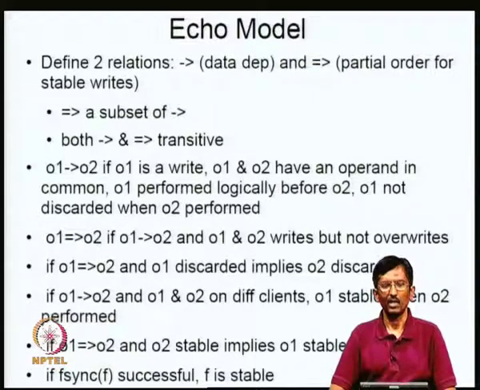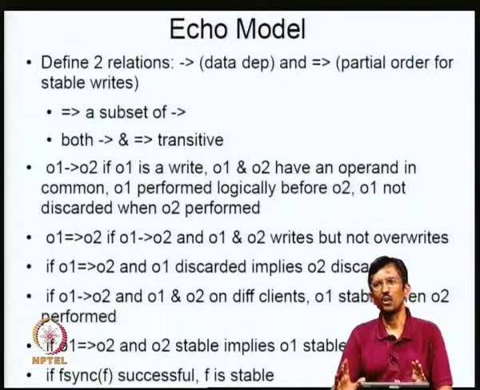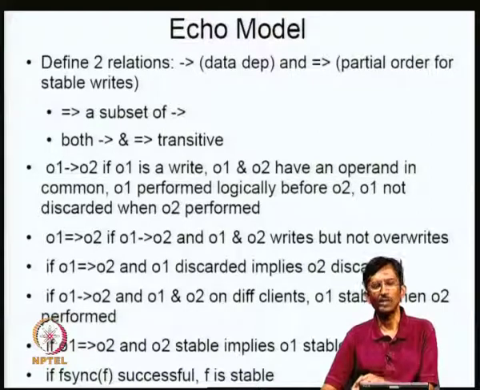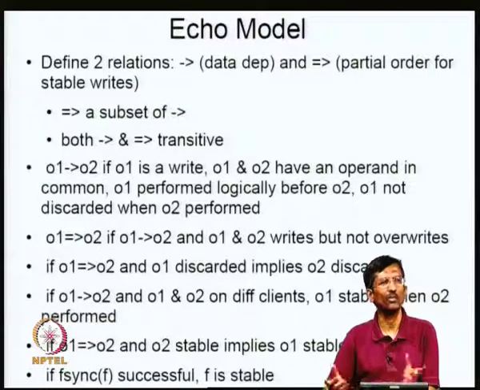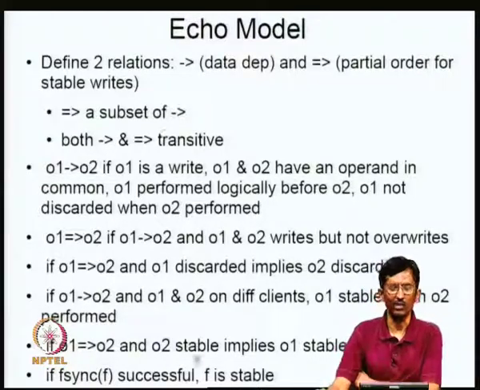Okay. And both these things are required, because basically what's happening is that there is something in memory, something on disk, and you want to carry the contents of the memory to disk in a particular sensible order. So that's why I'm keeping track of data dependencies. I'm also keeping track of how things have been ordered on the disk. It's a partial order because sometimes there is no ordering required. It can go in any order, but sometimes I require a particular order. Okay. That's why there are two relationships, and let's see exactly what they are doing.